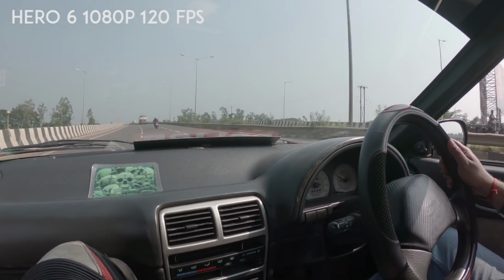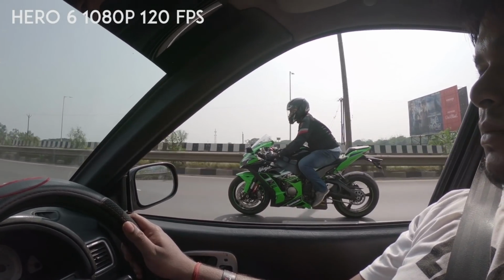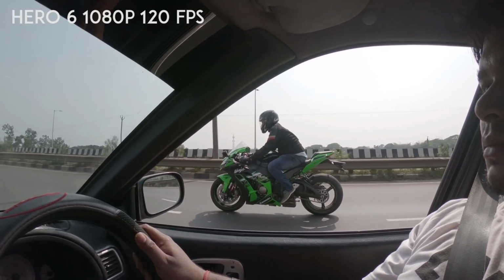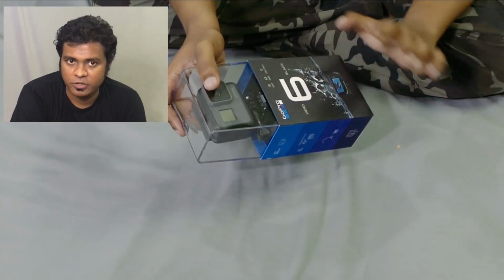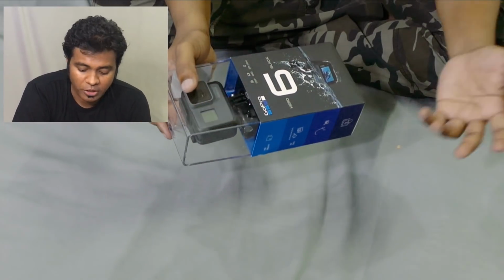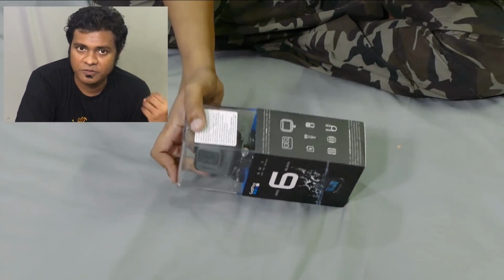It shoots 4K at 60 FPS. It's 10-meter waterproof right outside the box. It doesn't need any waterproof casing. It shoots 12 megapixel photos for an action camera, which is pretty standard, but it does save it in RAW format, which means professional photographers are gonna love this if they're gonna look for a wide angle shot, which a lot of people know that a wide angle lens can sometimes cost you $500 to $600,